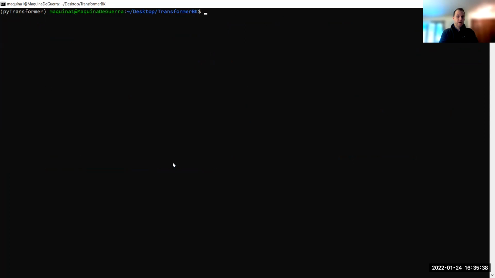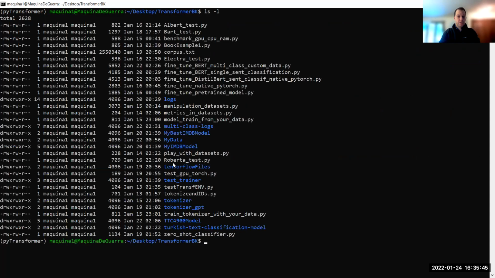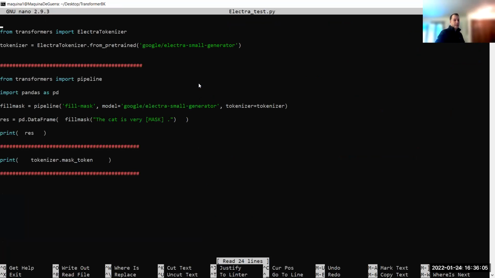So as I said today, I just wanted to show these pre-trained ones, because this is also fine tuning, but with an extremely powerful library from Huggingface. Let's take a look at Electra. So look, Electra, I don't know if I got this one. Yeah, I like this one actually. So look at Electra, that's all it is.